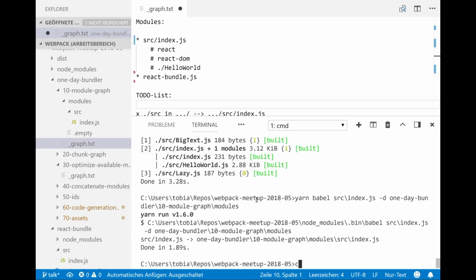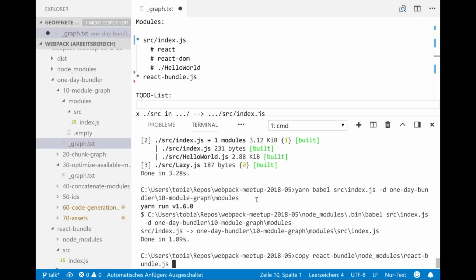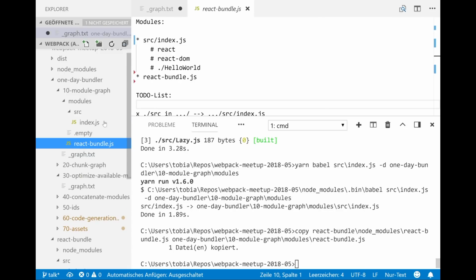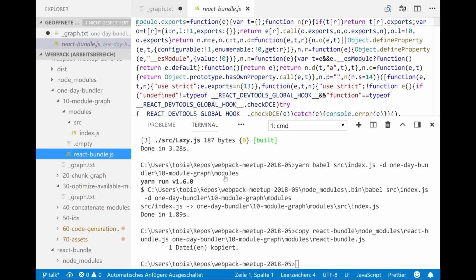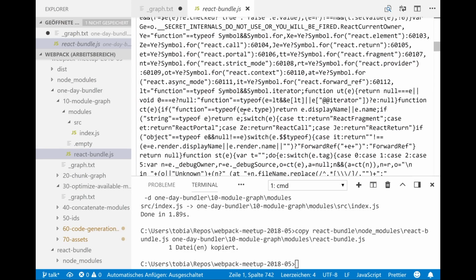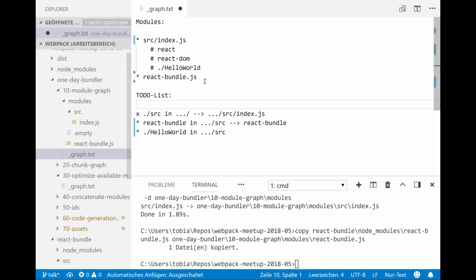So we copy the React bundle from node_modules/bundle-to-one to modules/react-bundle, copied, and we parse it. Okay. I prepared this. There is no require statement in this. Great. Nothing to do.